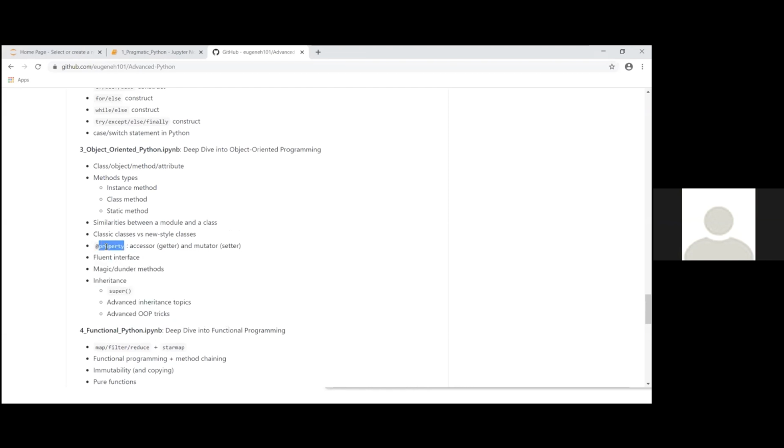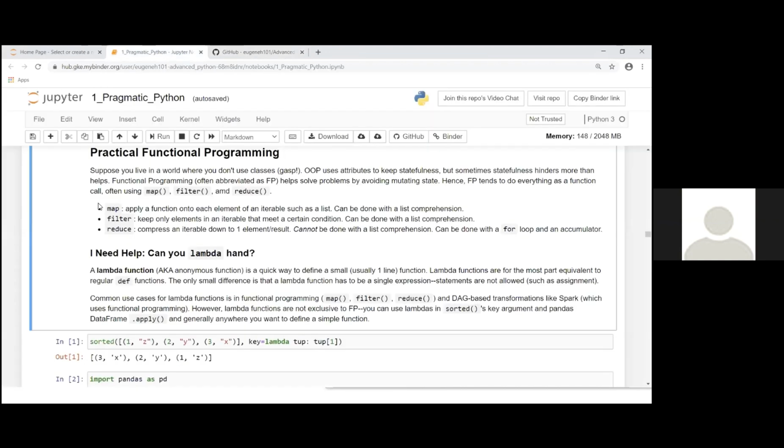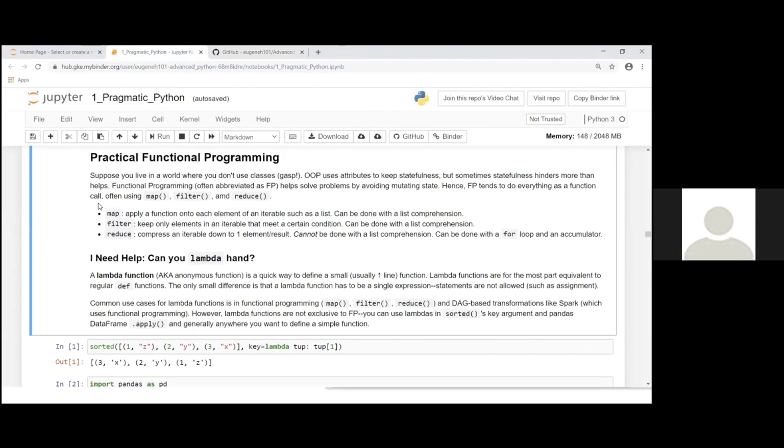So there's a lot of cool things you can do with object-oriented programming. I think most people use Python, at least in data science, with some object-oriented programming. So there's definitely more to object-oriented programming than I'll show in this demonstration of Pragmatic Python for today.